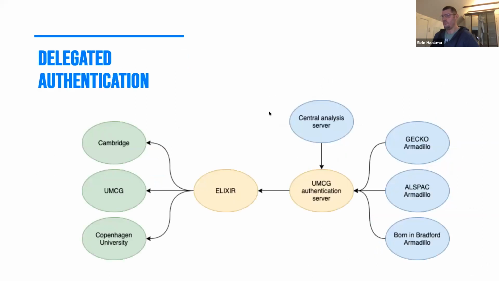Then one of the main things when you authenticate to the Armadillo platform is that it's always delegating to an authentication server. So you need to have a connection with an external identity provider, which means that you can connect it to your institute identity provider or something that you host by yourselves. But it tries to federate the authentication to another service, and that's useful within LifeCycle, because when LifeCycle started off, there were